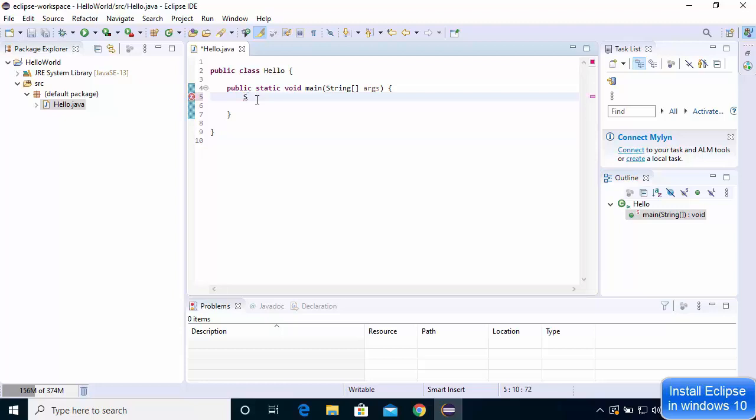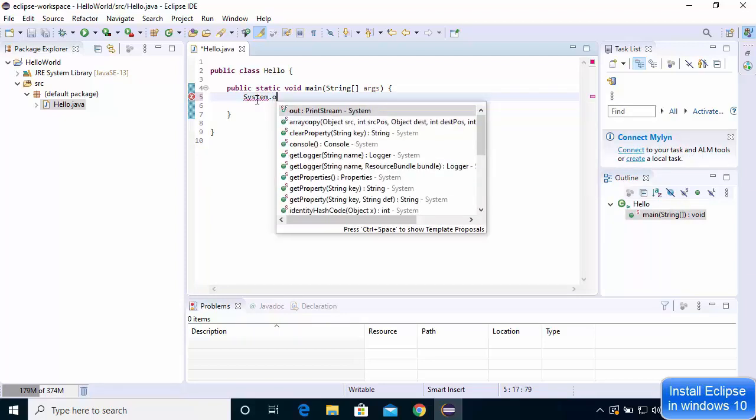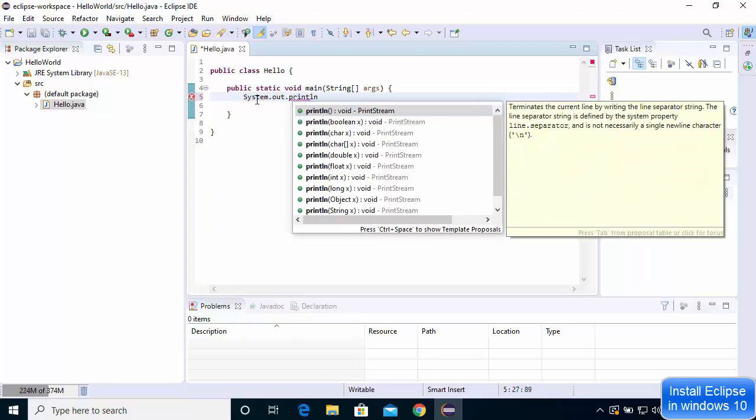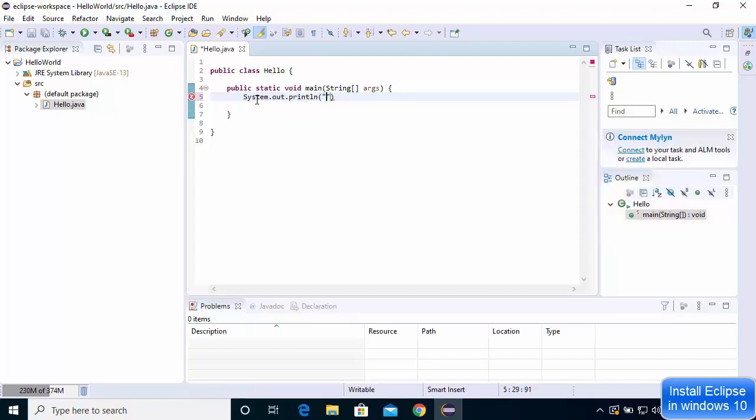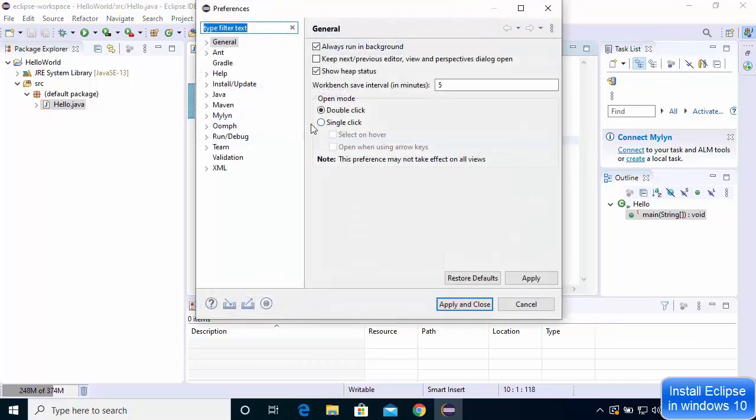I'm going to write System. So I will just write sy, and then I can press Control Space to see all the IntelliSense options, and then I will write System.out, and then inside the parenthesis I'm going to print my Hello World message. Now here, if you want to increase the font size of your code, so right now maybe it's less visible, so I will increase the font size